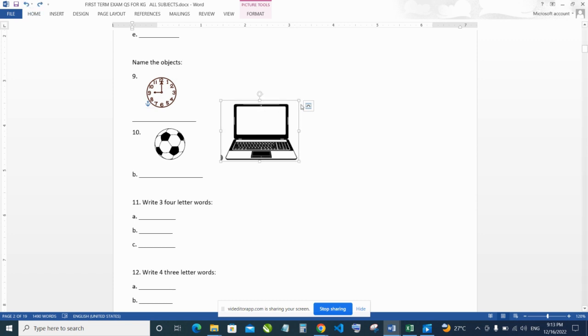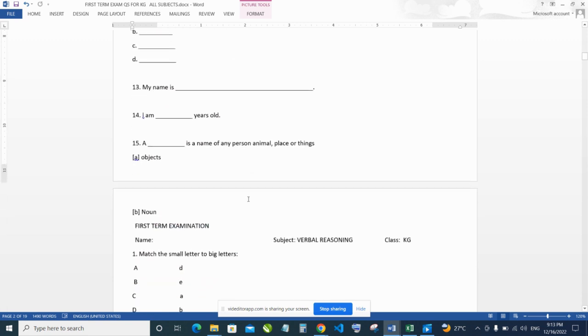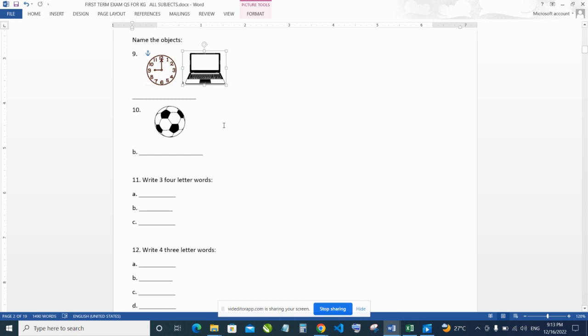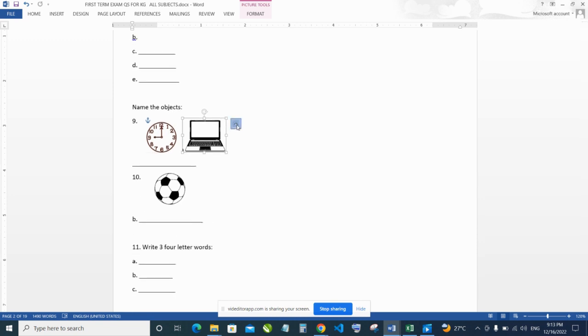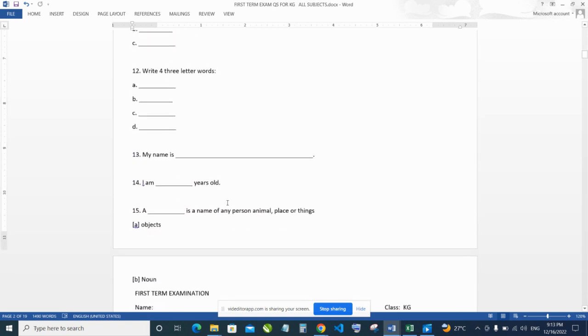So what you need to do is to come to this right corner here. You come to the corners, so that it can reduce the size from all the angles. Okay, so this is how you bring your image into your questions, and you position them. Always remember to order it here. Don't forget, always order your images when you bring them in here so that they don't alter the arrangement of